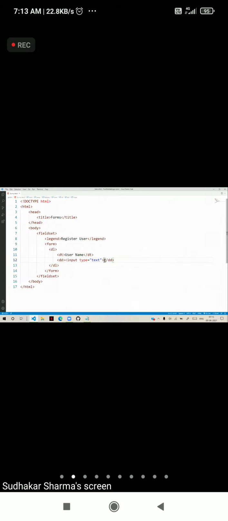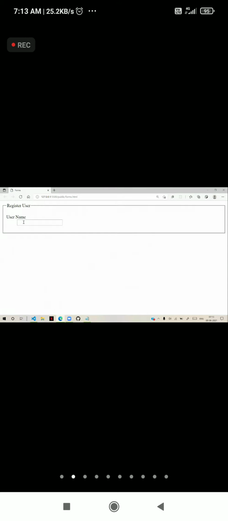Now this is a text input. It will just give you a simple text box. In that you can type alphabets, numbers, symbols, anything is allowed inside it. That is a string generally.